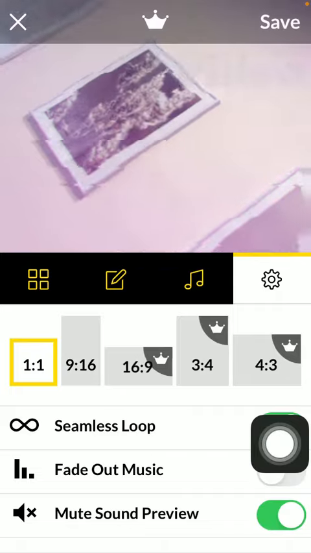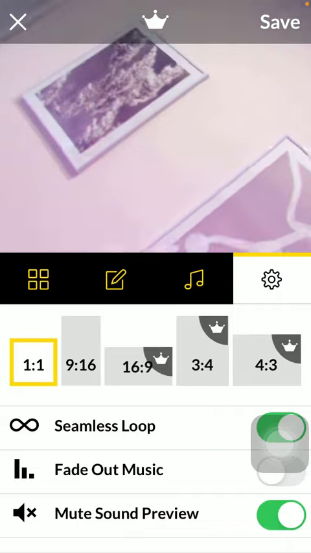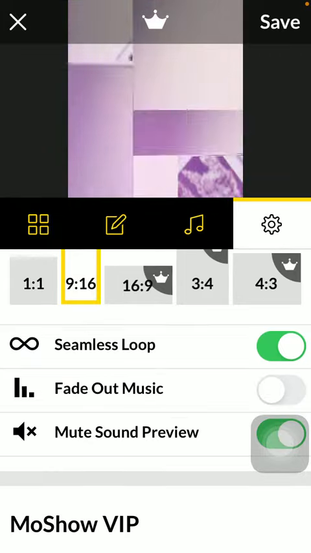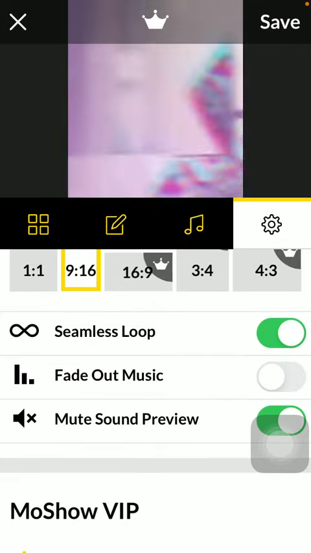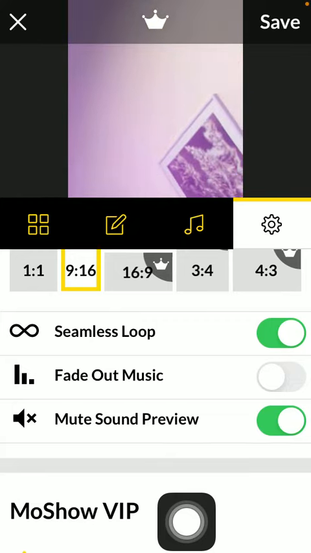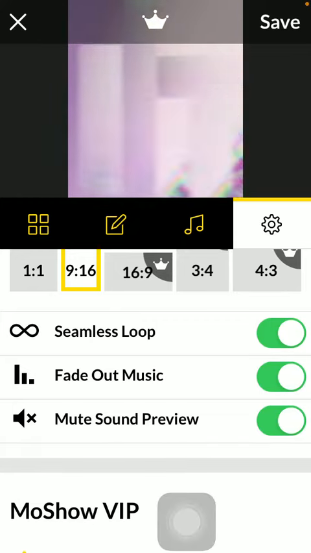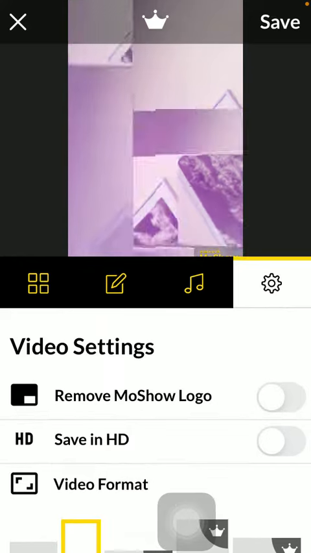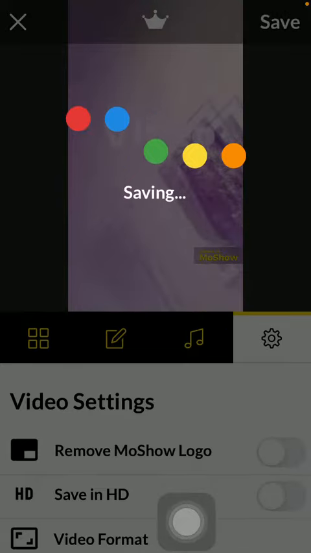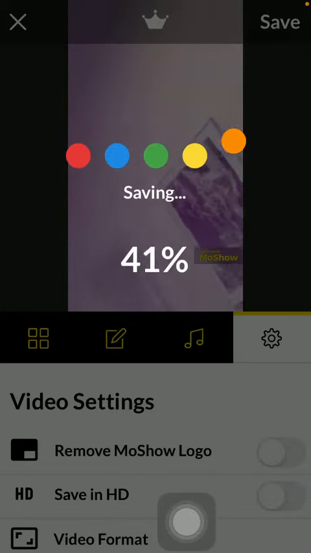In the last option, in the settings section, you can select the format of your video or the size of it, and you can also turn on the seamless loop and the fade out music options. If you are done with editing your video, click on the save button in the upper right corner of the screen, and